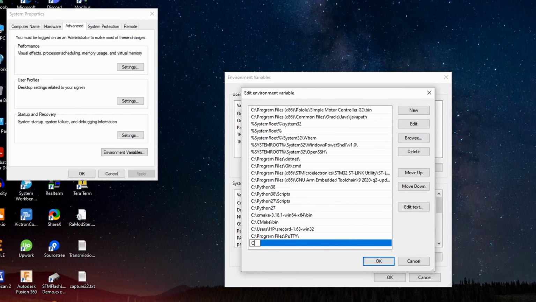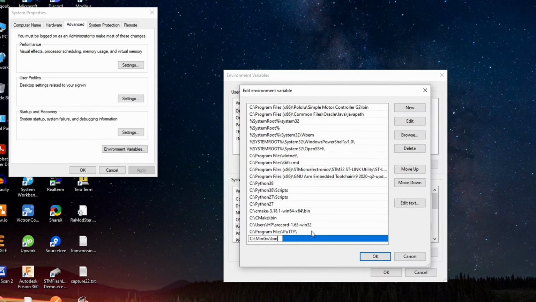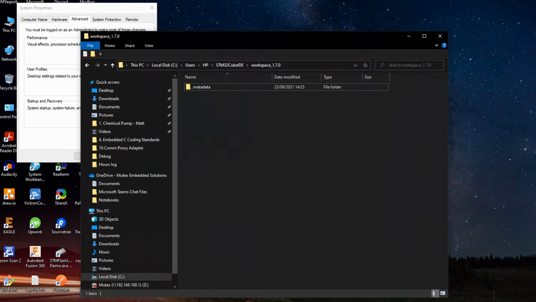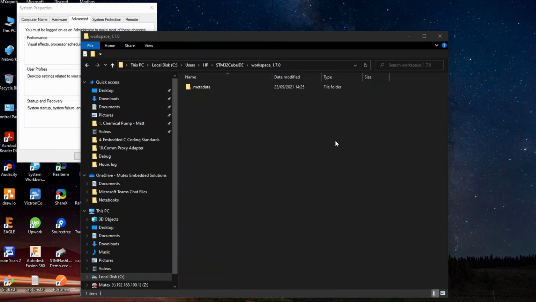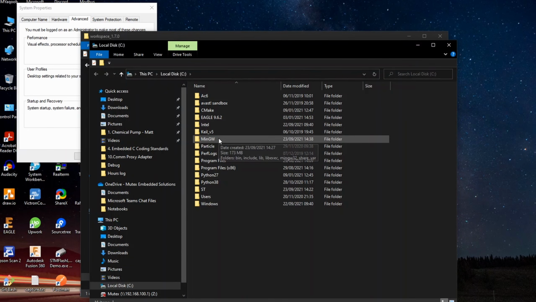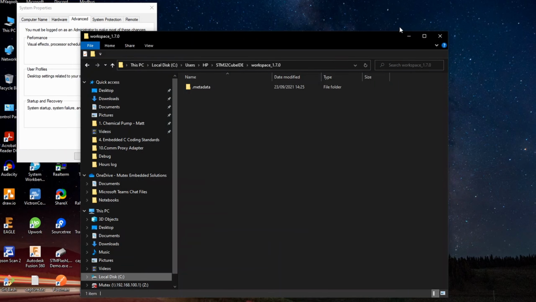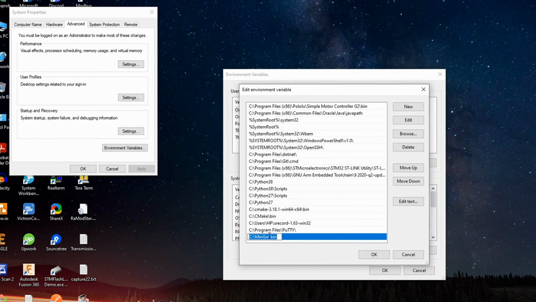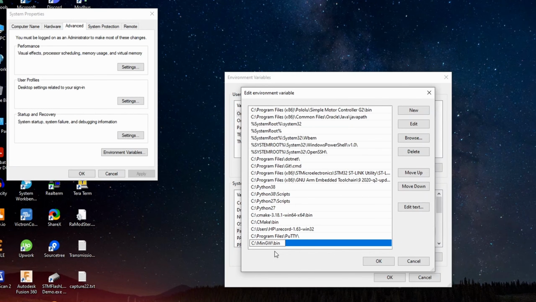And for that, you need to include the path as C:\MinGW, I think, something like that. Let me just verify with the file system and then the bin folder. It should look something like that. I'd like to verify by navigating to my C drive, and I should be able to see MinGW. So this MinGW is with an uppercase W, with a path to the bin